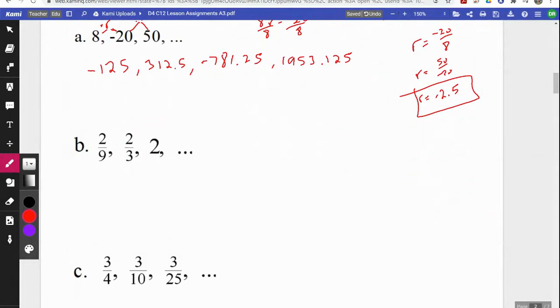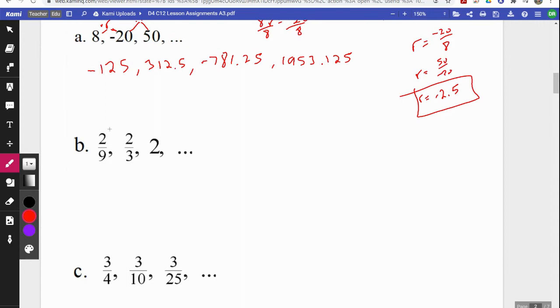With that being said, if it looks like our number is decreasing in size, and that's not the case for part b here, all that means is our common ratio r that we're using to multiply is going to be a fraction between 0 and 1 instead of a number greater than 1 to make it bigger. In any event,